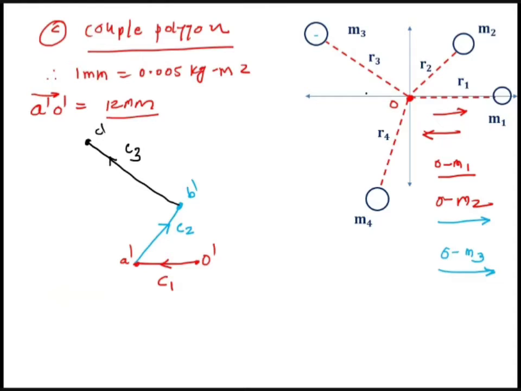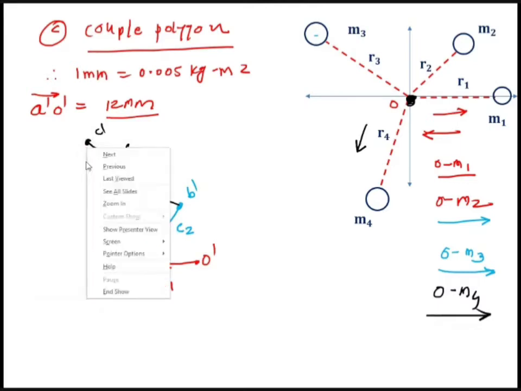Okay. Now next, draw the line parallel to OM4. Now see, OM4 is in the downward direction, but radially away from the center O. Just remember that if all the couples are positive, they will act radially outward from the center O. If the couples are negative, they will act radially inwards toward the center O. Just remember this point. Okay. So now parallel to OM4, I will get the next vector.